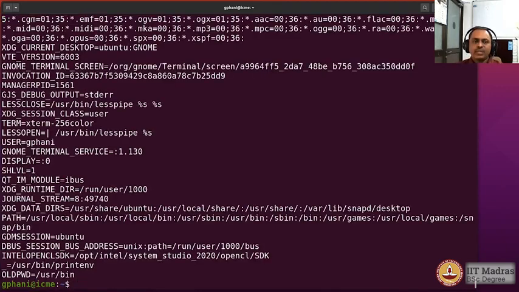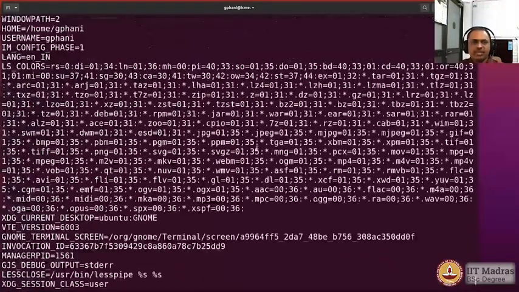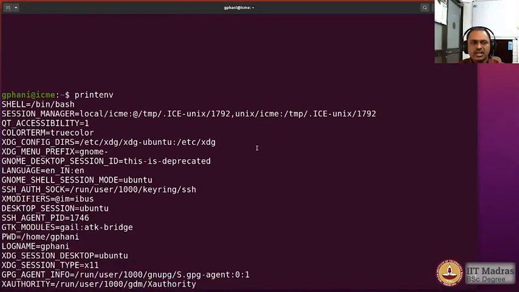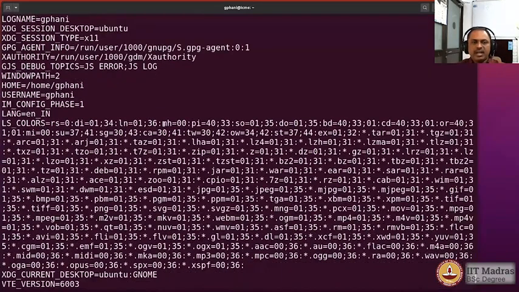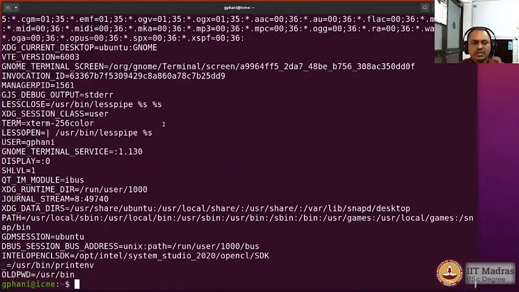Printenv would actually list a whole bunch of shell variables, and I am scrolling with my mouse, and you can see that each of these lines has an equal to sign separating the name of the variable and the value, and you can see that there are a lot of them, and we will learn about these as we get ourselves familiarized with the operating system as well as the command line environment. Now you can get the same listing also using the command env. Okay, there is the same listing, and you could also get the list of variables set using the command set.